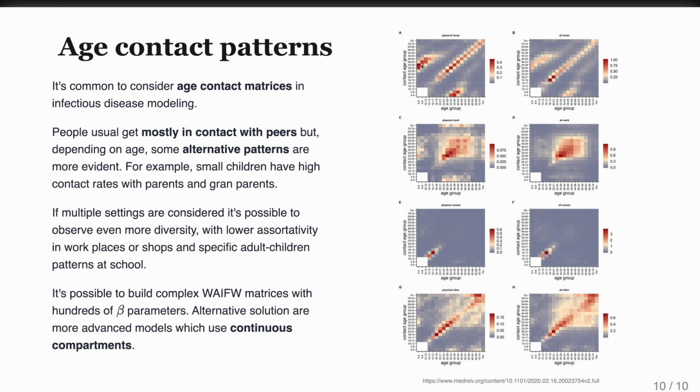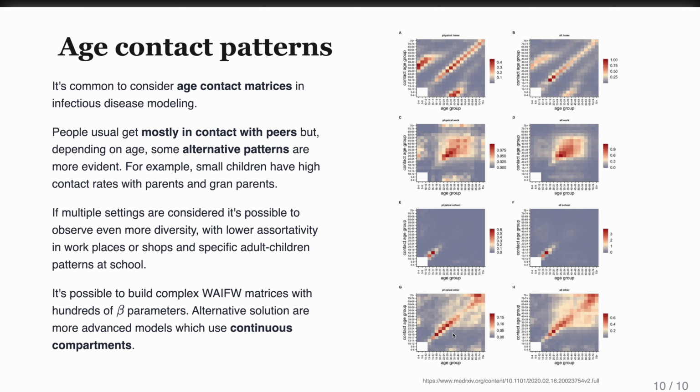One very common cluster are the contacts between parents and their children. It's the same here. These matrices are specular. Or we can see at school that there is much contact among peers of the same age, but totally no contacts with other people of different ages apart from the teachers. This is the UK, so the teachers are usually younger than usual.